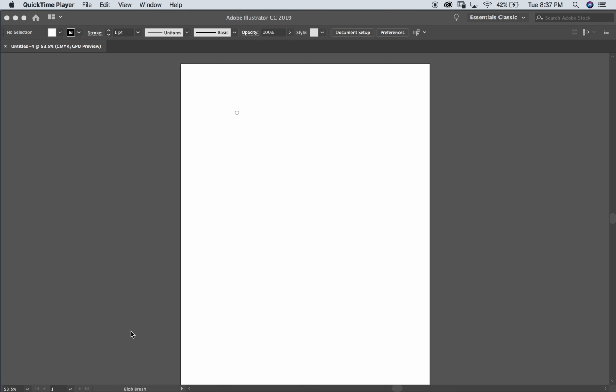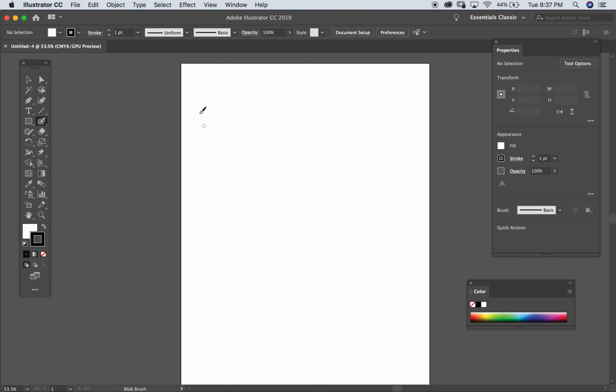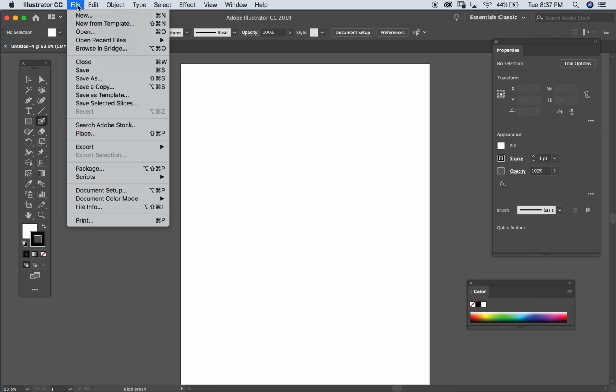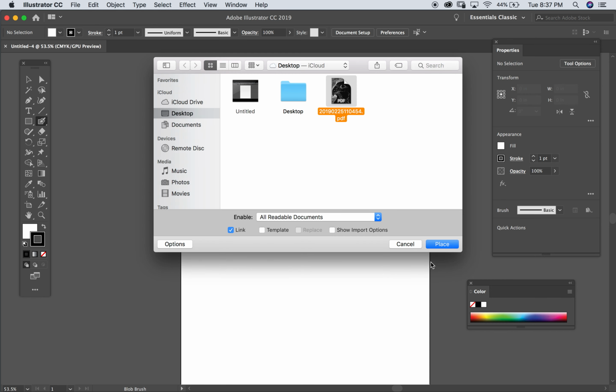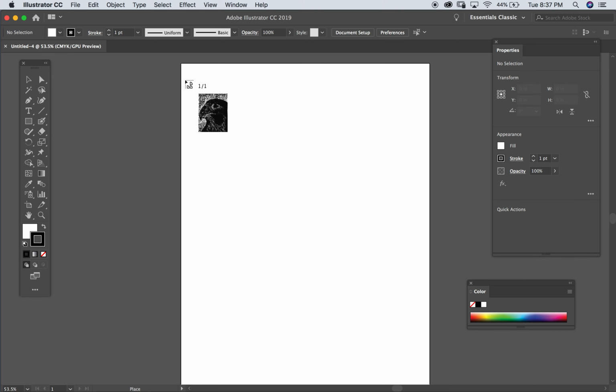In today's tutorial, we're going to trace using the Blob Brush. The first thing you want to do is create your artboard. The artboard that I have right now is 8.5 by 11. The next thing you want to do is grab your photograph or your drawing that you'd like to use. I have my drawing on my desktop, so I'm just going to open it up and go to File, Place,